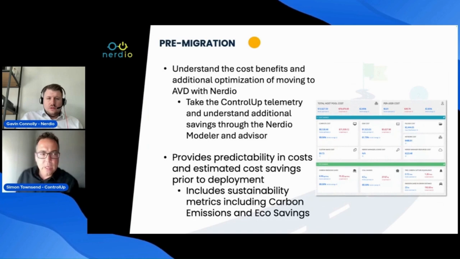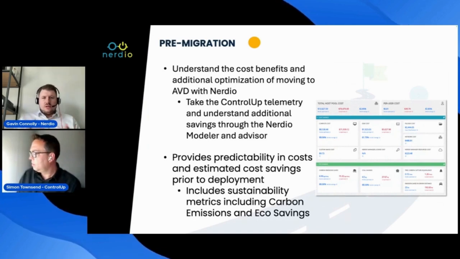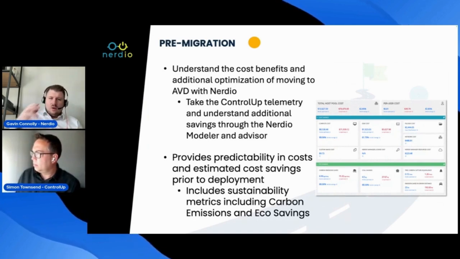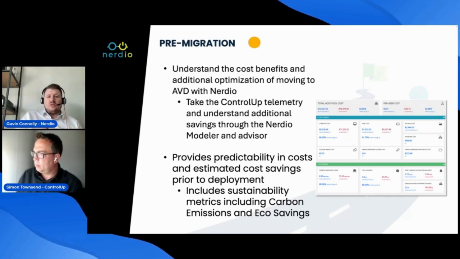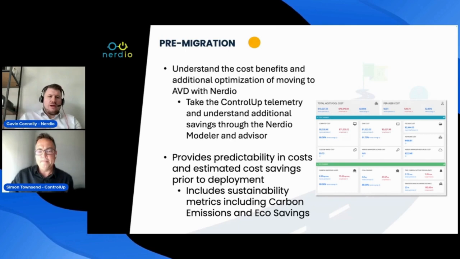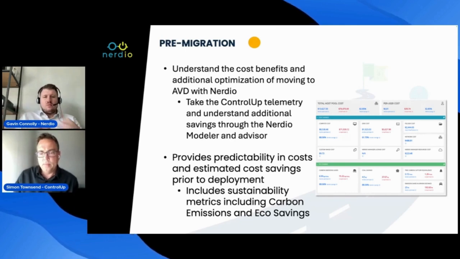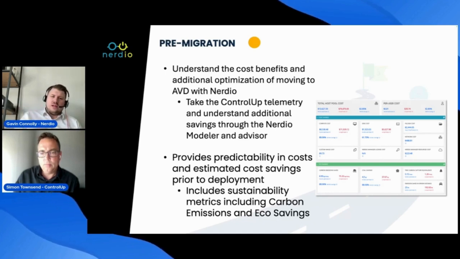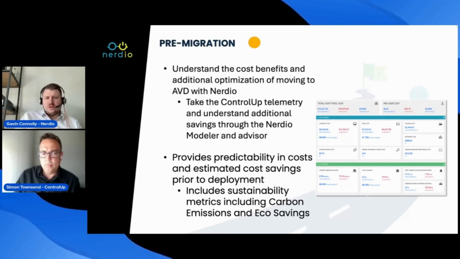Gavin, over to you. How does Nerdio help? Crucial, and knowledge is king here. What Nerdio can do is help you model what your new environment is going to look like in Azure Virtual Desktop. So you can plug in the information around your machine sizes. Again, if you've used ControlUp, then you have a more granular knowledge of that. You can bring that to the Nerdio modeler, plug that in, put in the work hours of your user base and information like that,